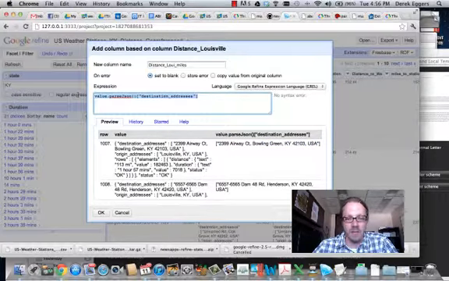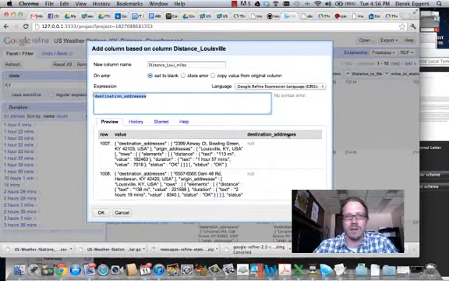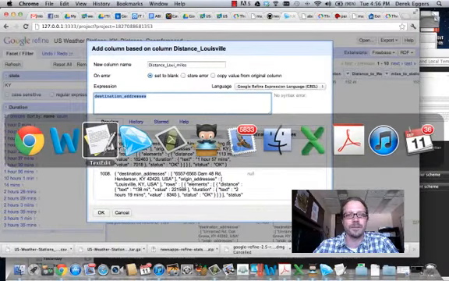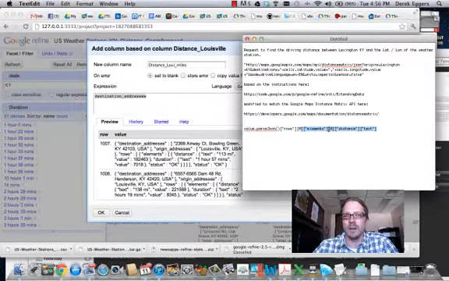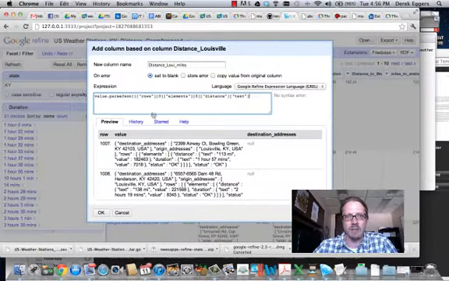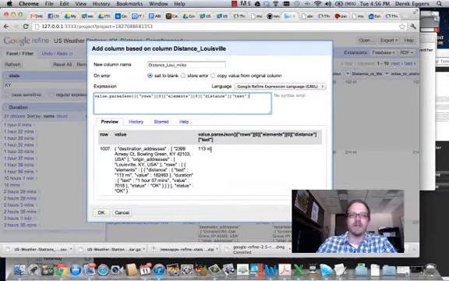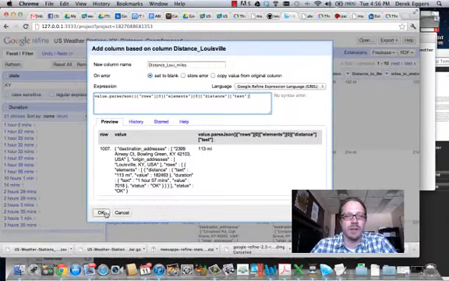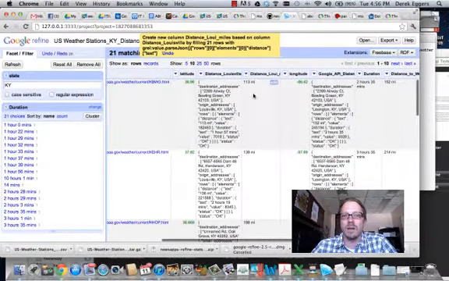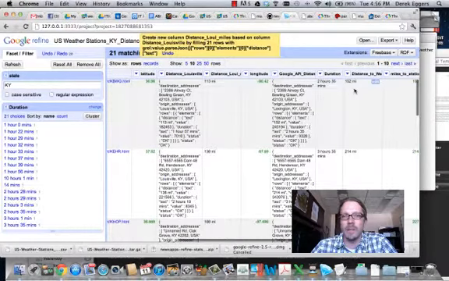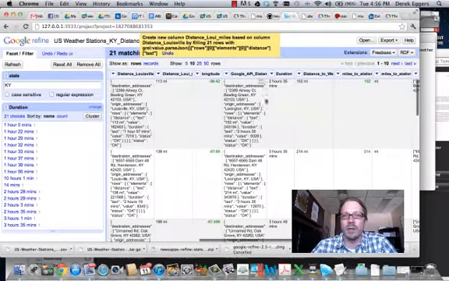So what I'm going to do is just paste. Okay, I'm going to go back and copy my text, which you'll have access to, back into this column, and now it's parsing that to identify that it's 113 miles. So I say OK. Voila. So now it's telling me it's 113 miles from Louisville, 152 from Lexington, but you'll notice here in my example